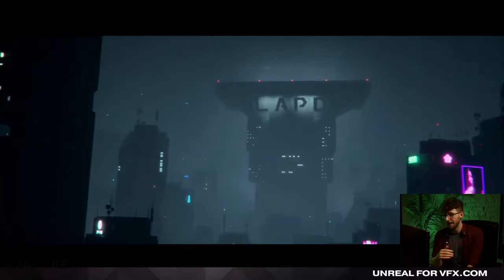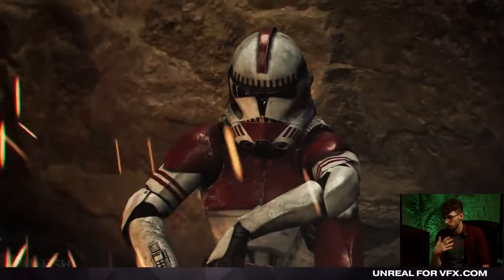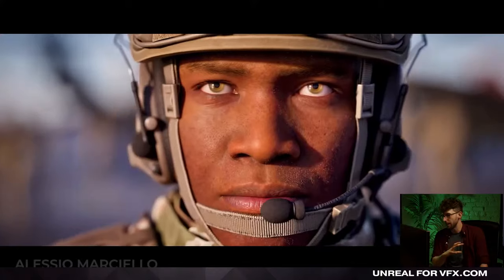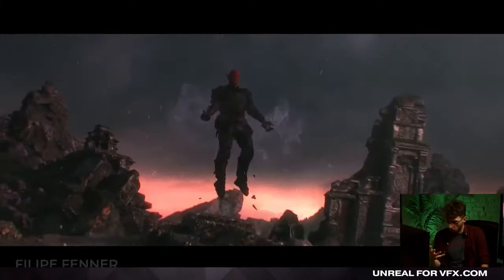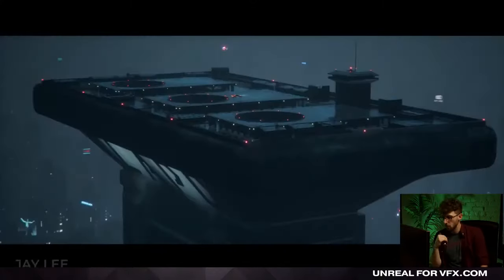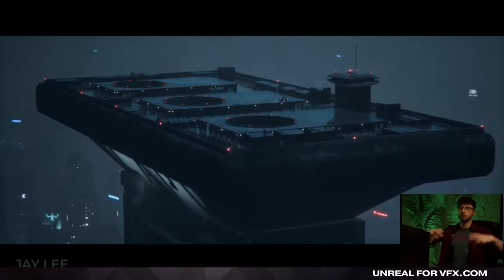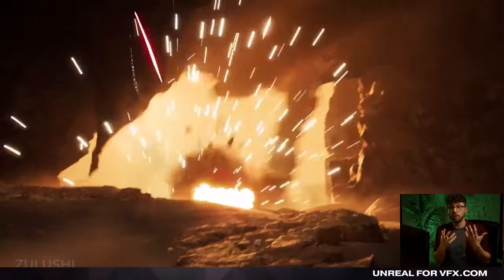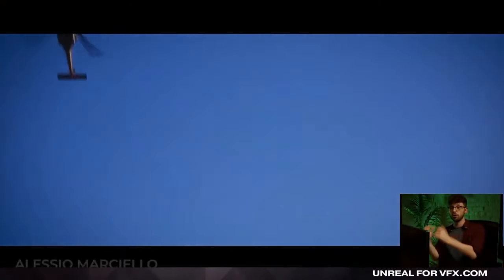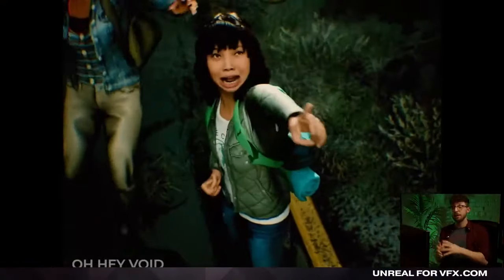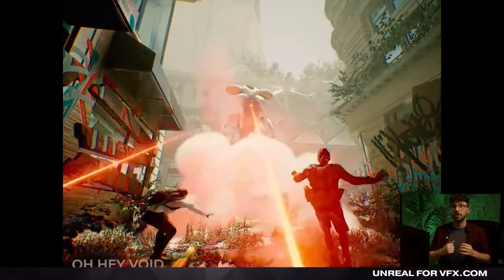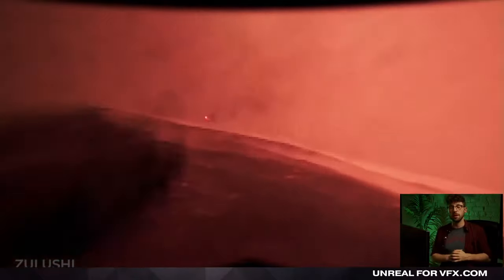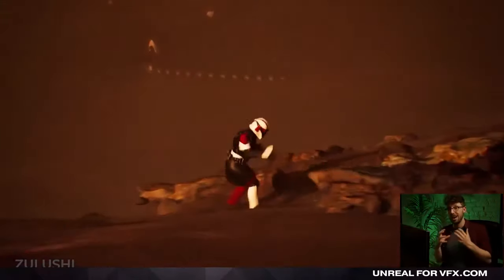They're actually being able to create their own ideas from scratch. Like I said, Zalushi was able to make his own Star Wars films, Alicio was able to make his own war scenes, and Felipe was able to make his own fantasy sequences. So we've really been able to have people take their own ideas, bring them to life, and also recreate their own favorite movies. Jay Lee was a student that recreated Blade Runner, made some really awesome shots for his demo reel that helped him send out his application to a bunch of different folks because he had some great visual effect shots on his demo reel.